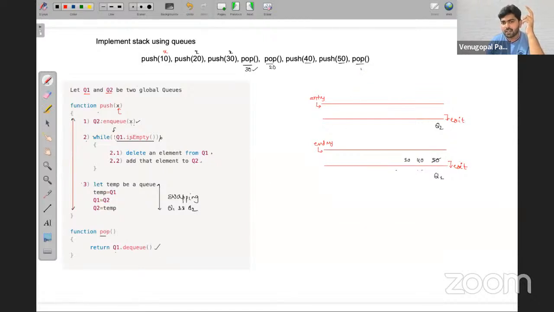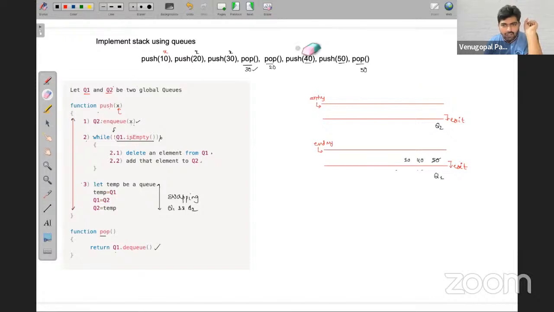Q1.tq, then 50. So basically, this is how the algorithm will work, friends. I hope everyone understood. Very beautiful algorithm. Now in an interview they can ask, you can say this pseudo code also, but if they ask you to implement, of course, from this algorithm you can implement in the language which you are comfortable. If you are in Java, you can straight away declare two queues and implement. If you are from JavaScript, same like that.